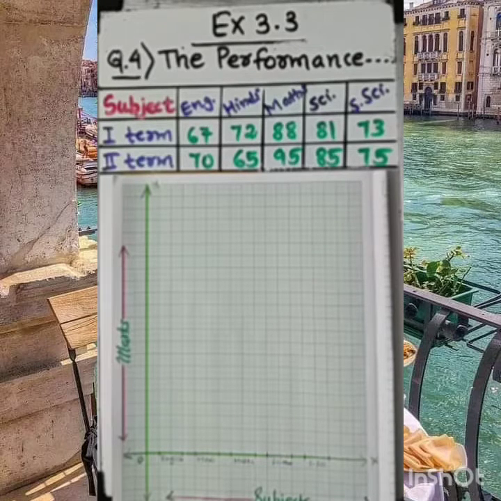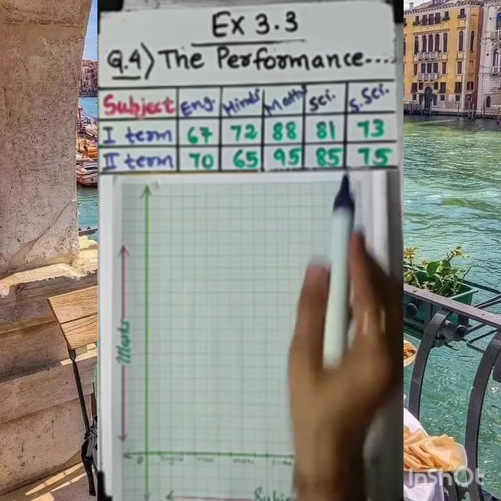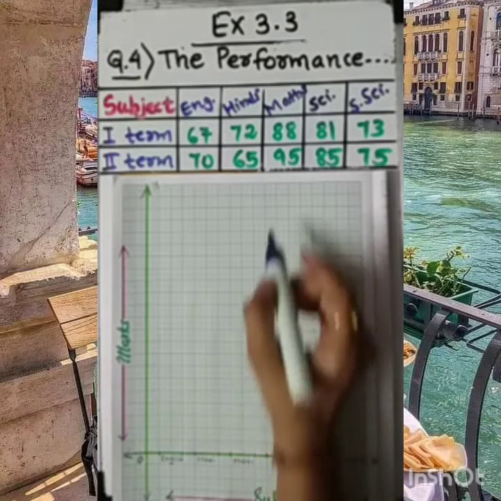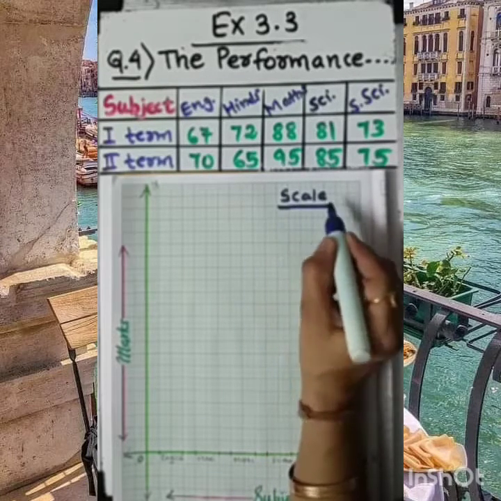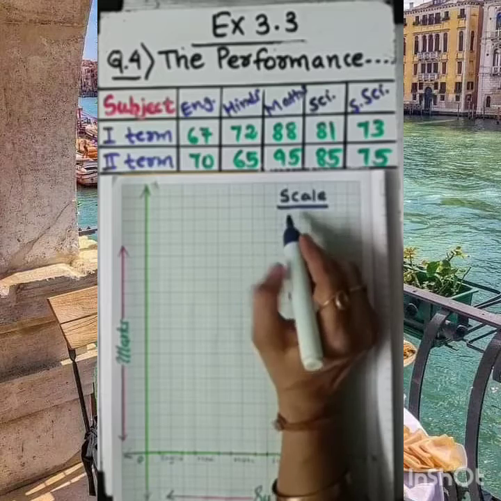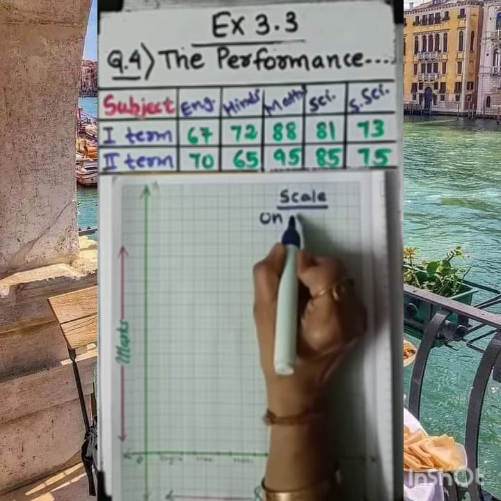Got it? Now, the next point, a very important point, we need to go with that. Choosing the scale. Choosing the scale is very, very important work. For that we must be keen observers. As we know these marks are out of 100, the maximum observation should be up to 100. So the convenient scale we choose should be clearly visible, so we can locate the particular number properly on the graph paper. So we are choosing the scale for the y-axis.